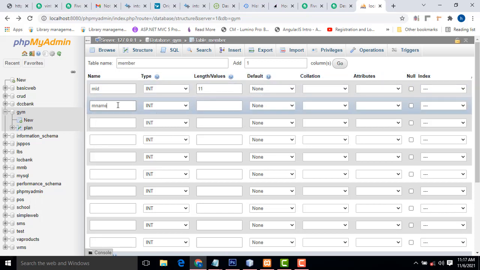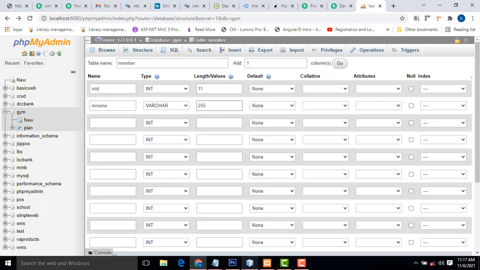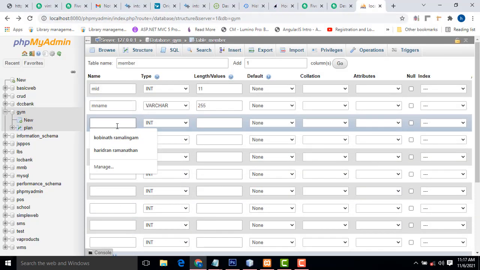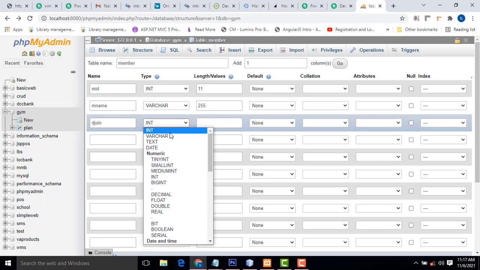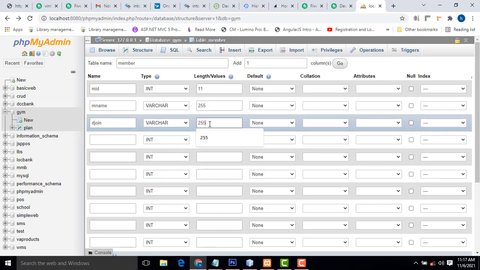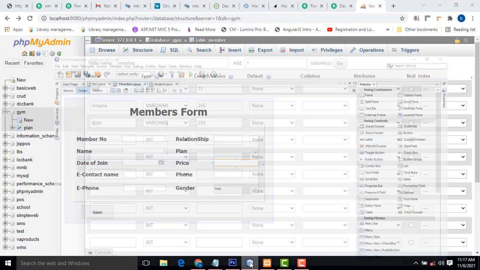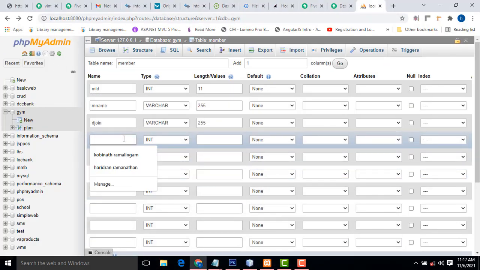Member name, second field is a varchar. After that, join date, d join, varchar. After that, contact name, emergency contact name.